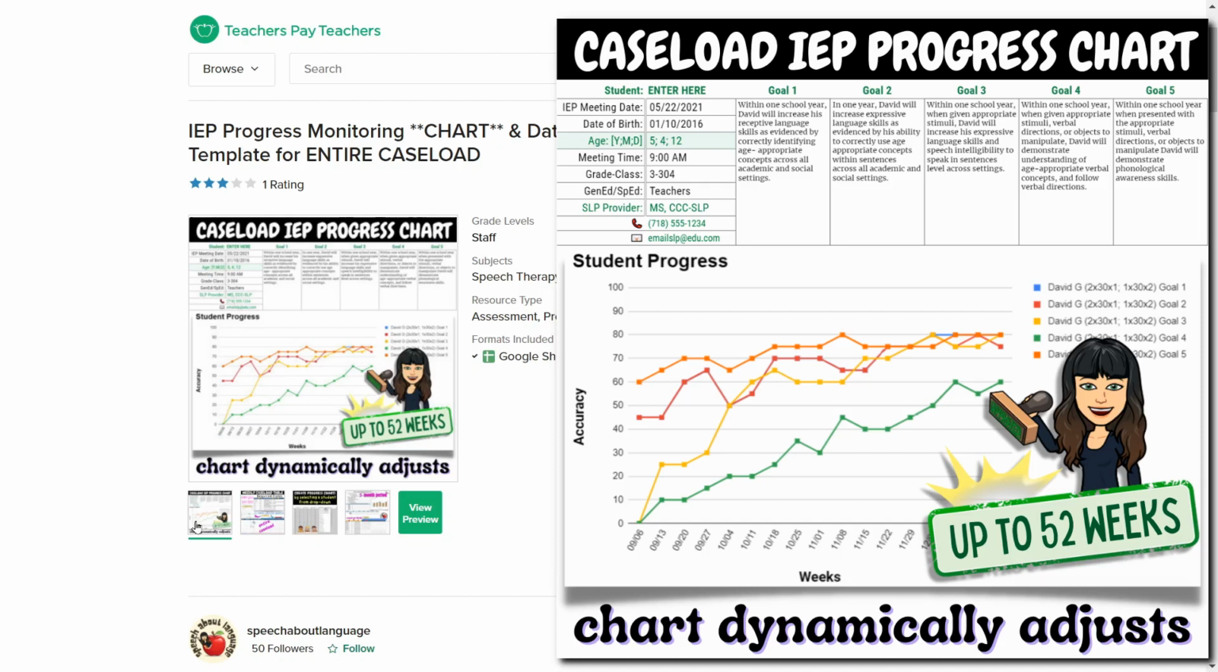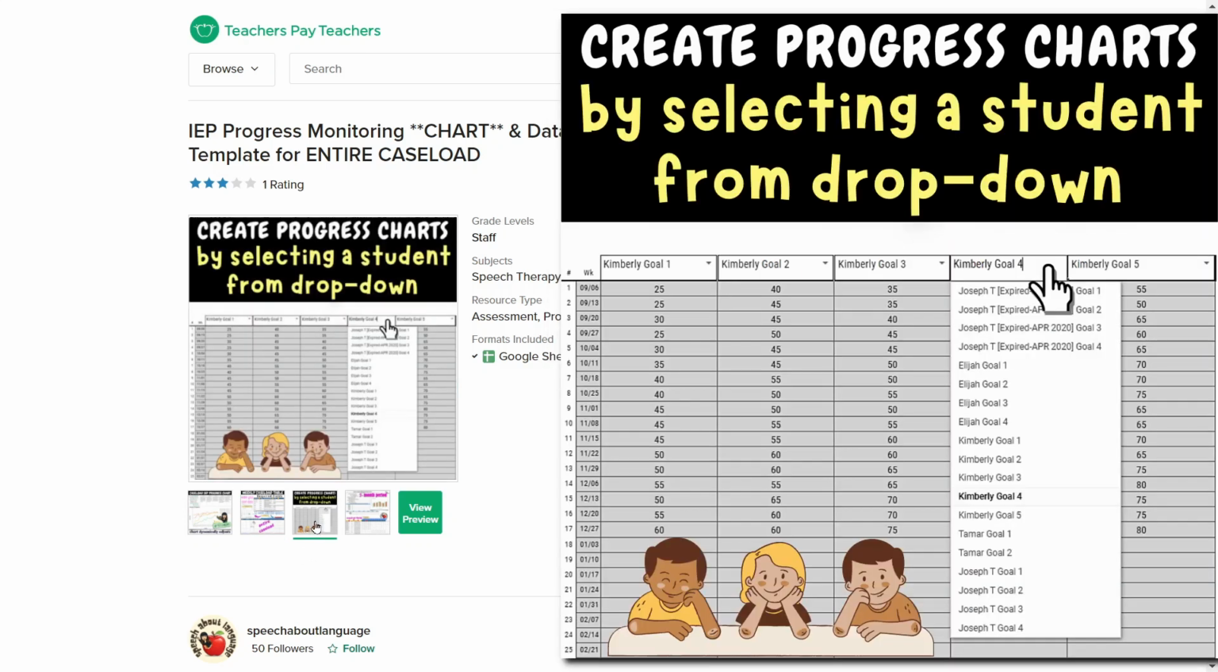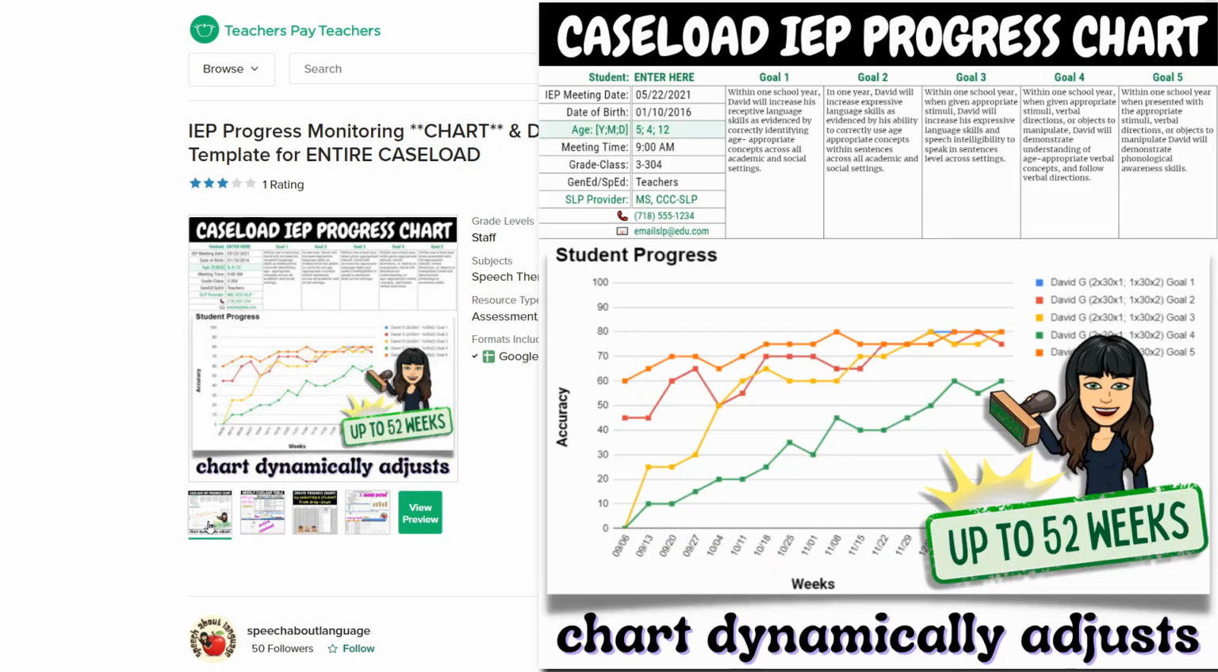Welcome to the Caseload IEP Progress Chart, where you can enter your entire caseload onto one table with 3 required fields: the student name, the goal number, and a goal description. Once your entire caseload is entered onto the table, then you can go into the chart and select the student that you need to report on, up to 5 goals, and then you'll get a progress chart that's ready to